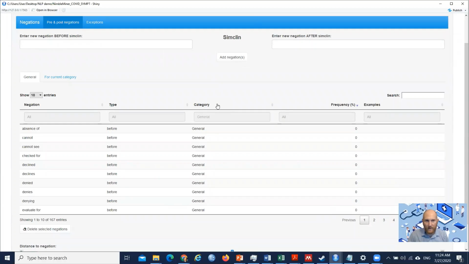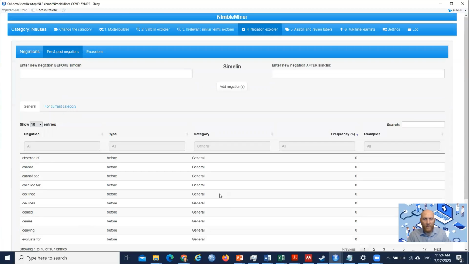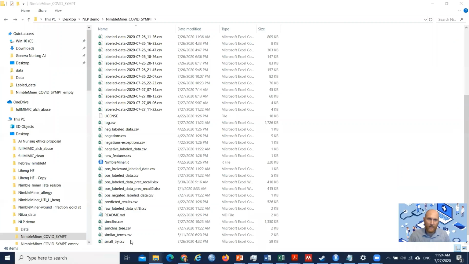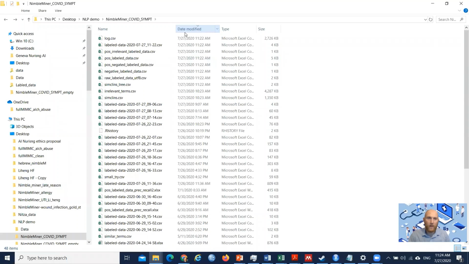And we do have a list of negations that we are using. Those negations can come before or after the expression. And here we have the distance between the negation and the specific similar word that the users can define here. And sometimes it is useful, but this is like a further advanced training for the system. Now, let's look at the results of this again. So the result of this work will be